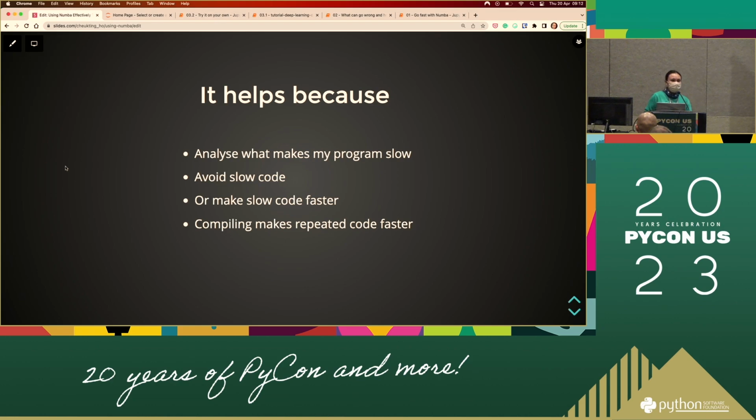Sometimes compiling is not needed. For example, NumPy already has a lot of optimization in itself. If you have used NumPy, you know to avoid element-wise operations and try to use matrix operations, because NumPy is optimized for that. That would make your code faster without using Numba or anything else to compile your code. But sometimes, even if you try to avoid all the slow code, it's not avoidable, and then compiling may actually help you. I will go into the detail later.